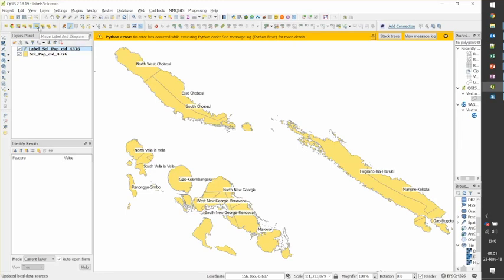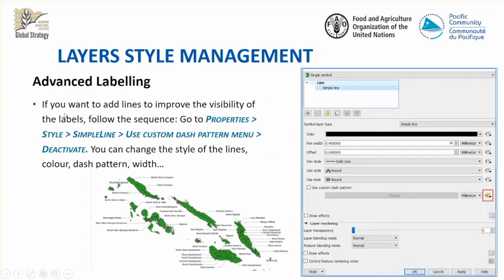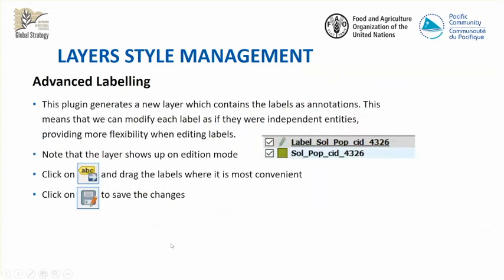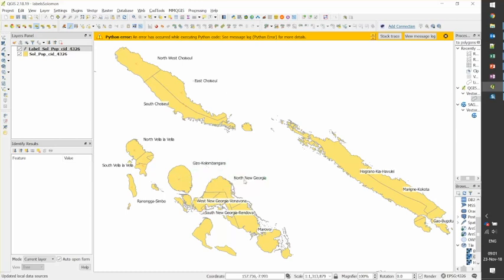This tool, this small yellow panel with the blue arrow, we have to activate, and then we are able to drag the labels in the location we prefer the most, okay? If we don't want to have those labels overlapping or over our geographies because we want to display very well